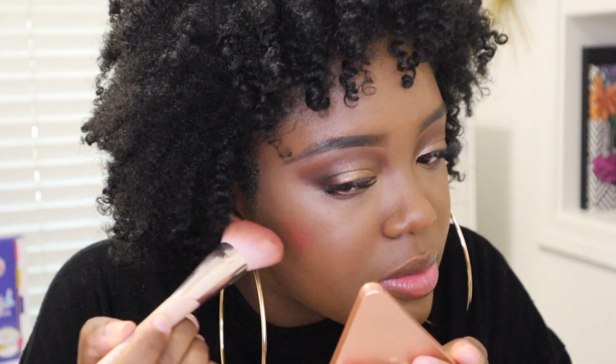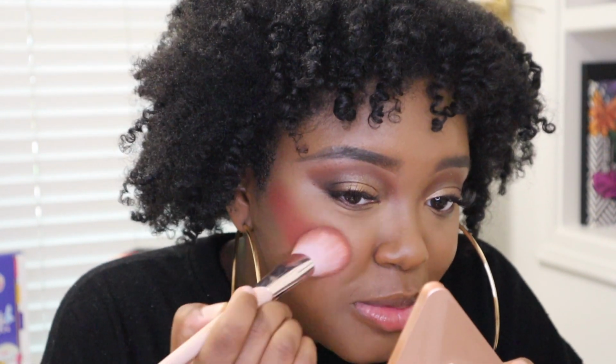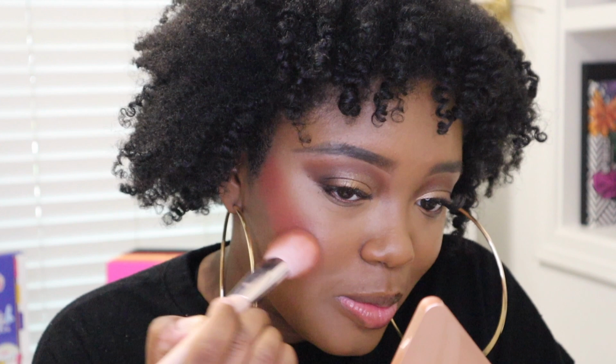I'm gonna go in with my Fenty 125 brush because I love using this for creams, and I'm just gonna dip into the product. So we're just gonna, oh my gosh, I picked up way too much, but you guys know I'm obsessed with blush, so